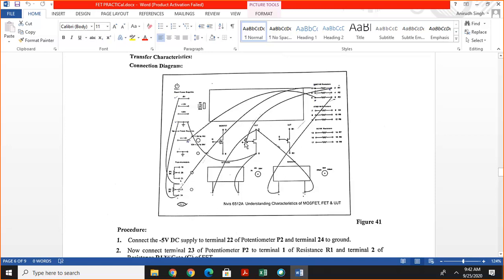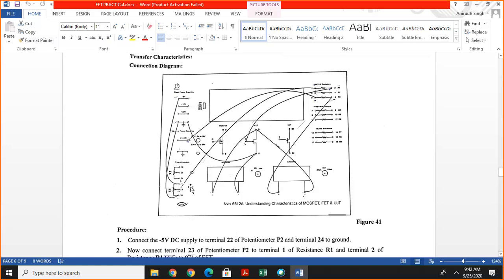Then you change the wire from drain to gate, and in this case the voltmeter is connected between gate and source. Then by changing this knob for different values of VGS, you note the value of the ammeter or ID.